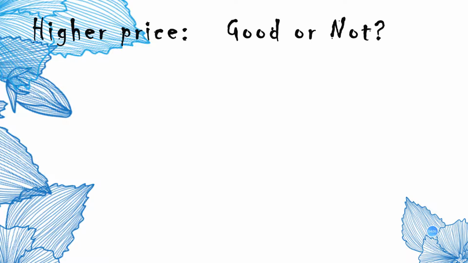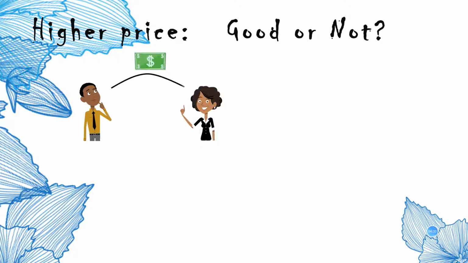So, is this higher house price a good thing for mortgage lenders? Before I answer this question, I need to explain the word foreclosure first. Foreclosure is a legal process in which a lender attempts to recover the balance of a loan from a borrower who has stopped making payments to the lender by forcing the sale of the asset used as collateral for the loan. In short, if the borrower of a mortgage stops making payments, the lender will take over the ownership of the house and then try to sell it in the market.